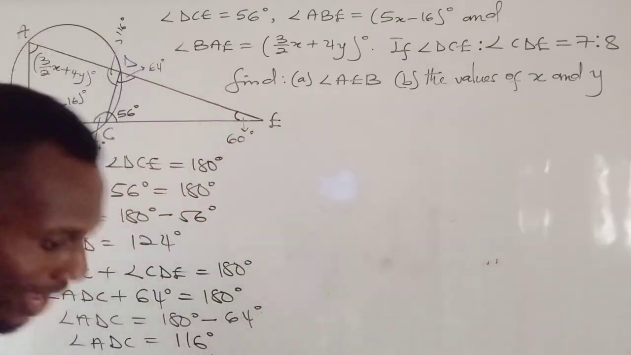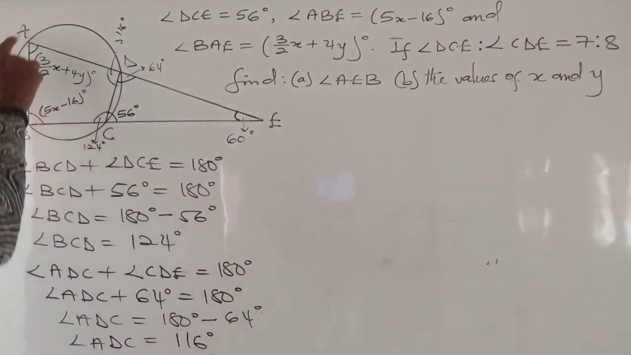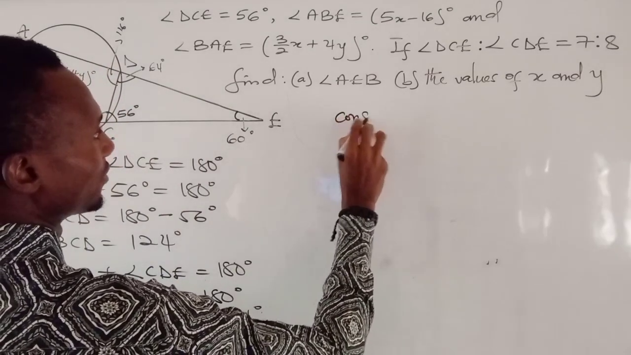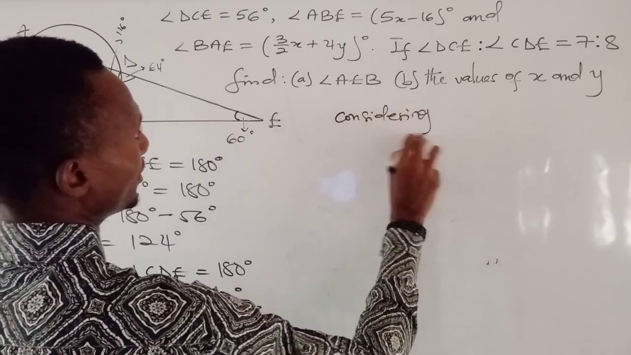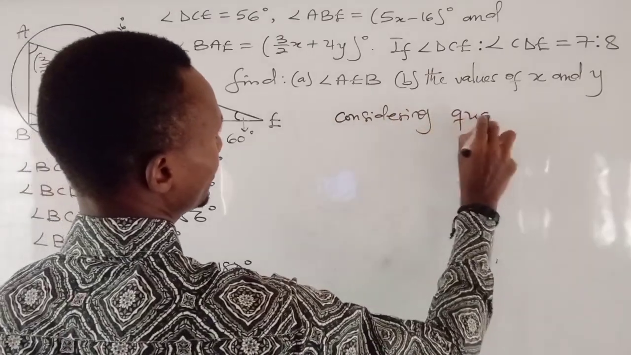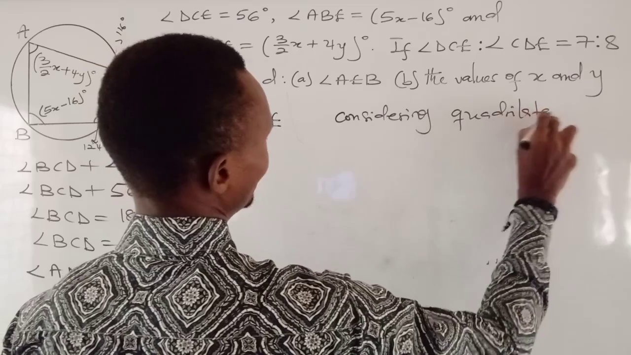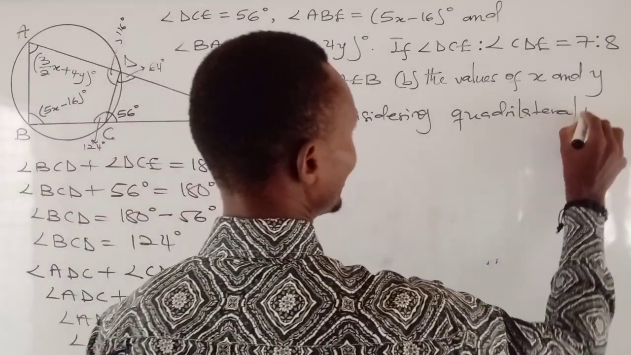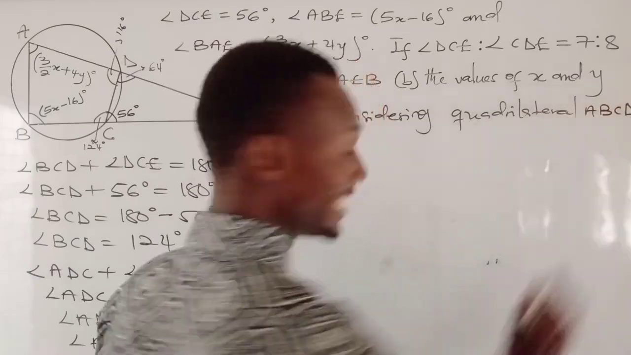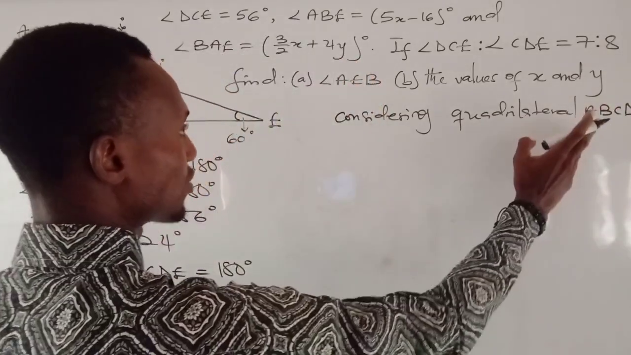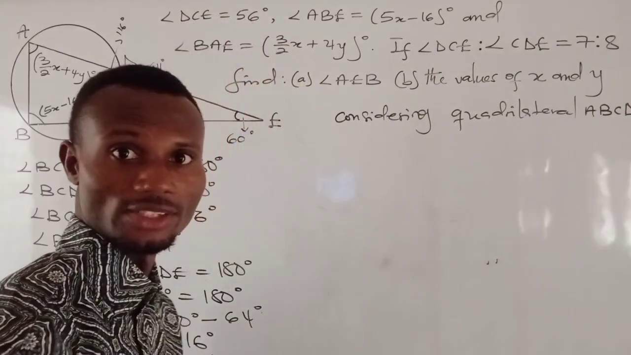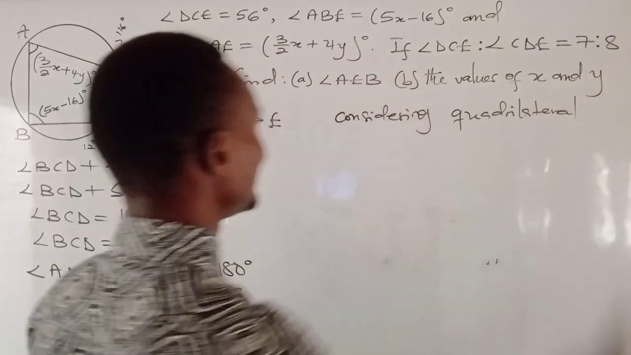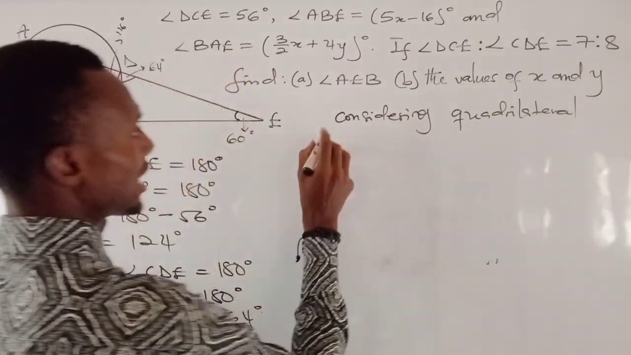Okay, so we are going to consider the quadrilateral ABCD. I'm going to write: considering the quadrilateral ABCD. I hope you agree with me. I think it's not clear, so let me clean it and write it here so that you can see. Considering the quadrilateral